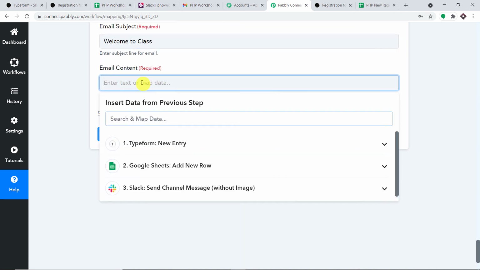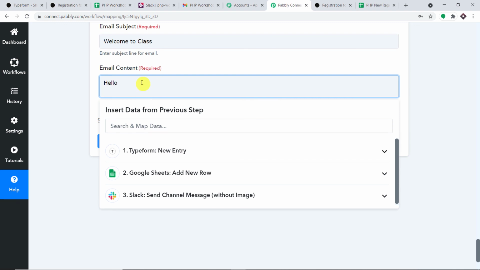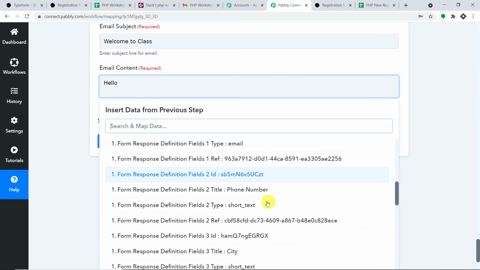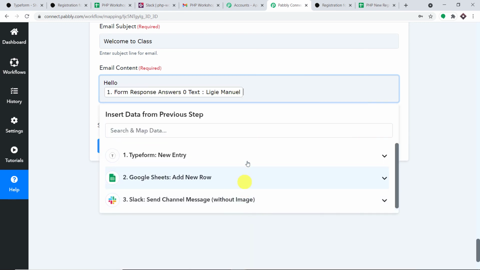Okay, and the email content is hello. And we are going to introduce a new line. Okay, and we are going to go to the first accordion, hello, and we are just going to map in the name. The name is Ligi Manual and we have mapped it, comma, welcome to PHP registration class.